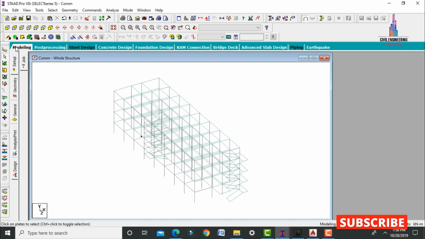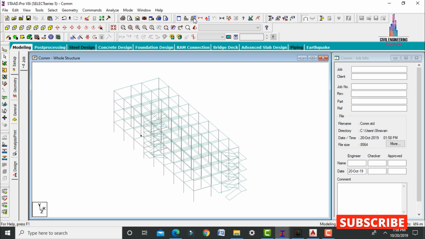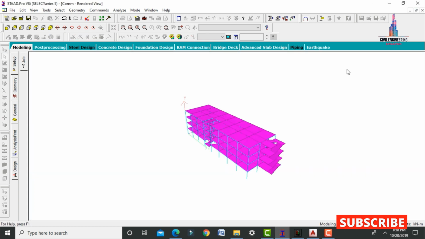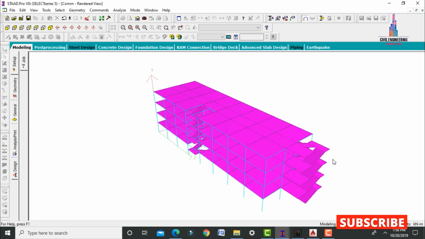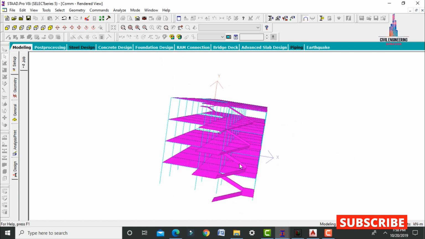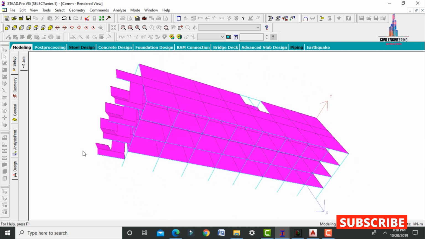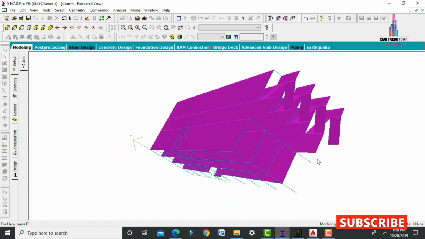So after that we have to see this respected entire model in rendering view. Click on rendering view option. So this is the rendering view for this respected commercial complex house building. Okay, so it will be consisting of G+3 building section. So it will be consisting of 45 number of shops.